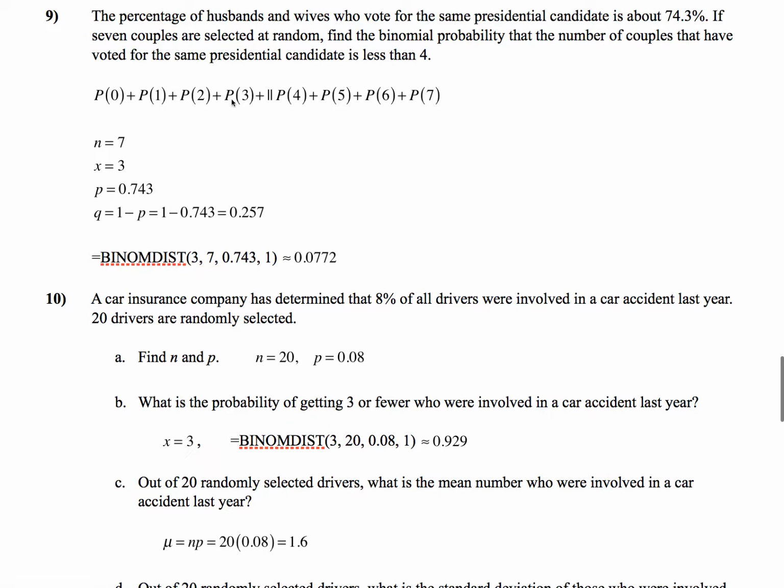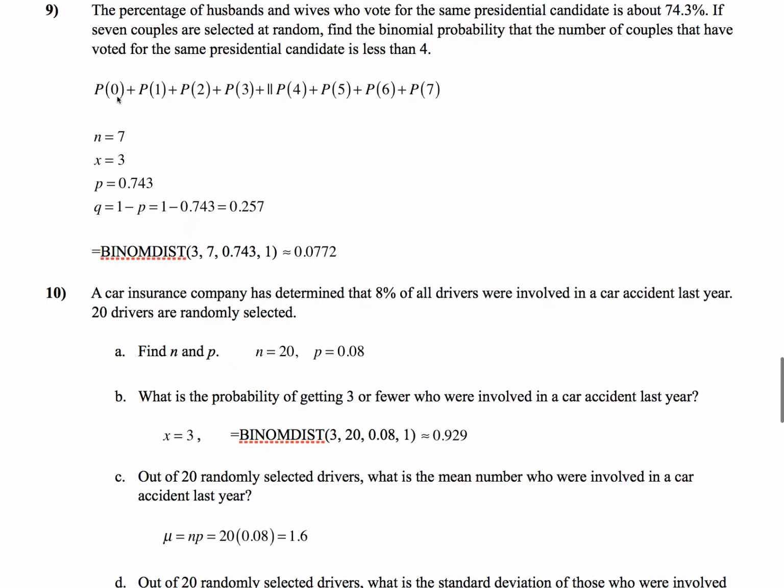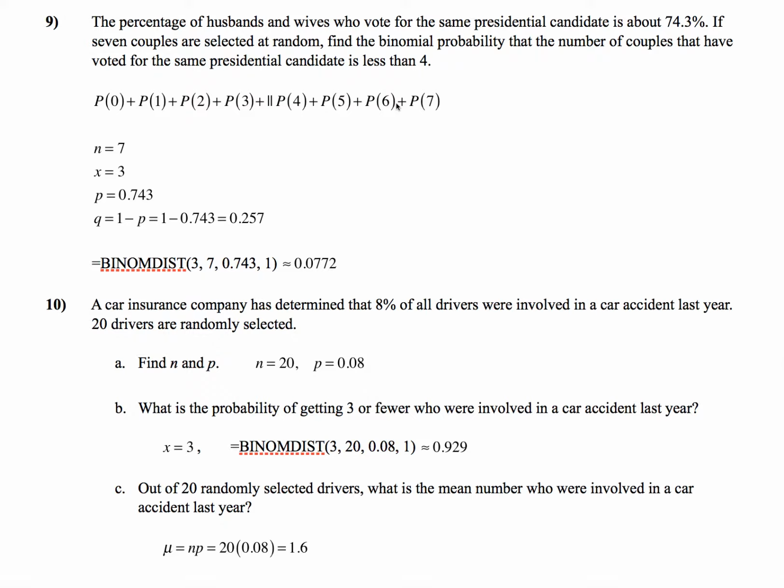Well, I wrote out the P of 0 plus P of 1 plus P of 2, etc., all the way up to probability of 7, because there are 7 trials. And I did that so that I could once again show you where we're going to cut this off so that we can decide what our number of successes is going to be. I recommend you do this on the exam. You'll have plenty of room to write. And so you'll put P of 0 all the way up to P of whatever n is,